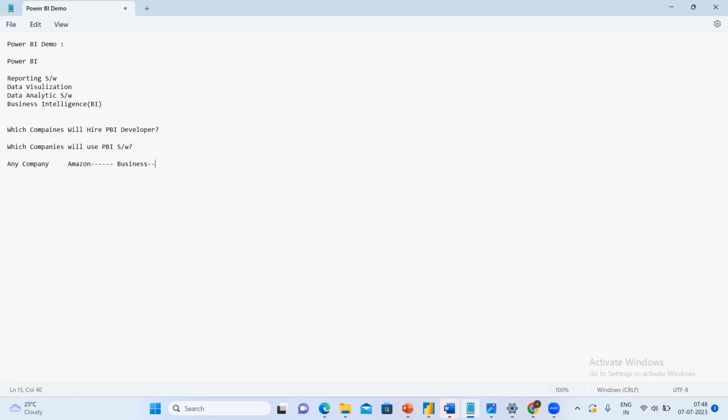Once they do the business, what they will be getting is business data. What is the business data? Suppose I was purchasing something, when you log on to the Amazon site, the first thing they ask is a login. Before logging in, you need to sign up. After sign up, they will ask first name, last name, address, phone number, all the things. That is nothing but the customer information. The customer information is also business data.